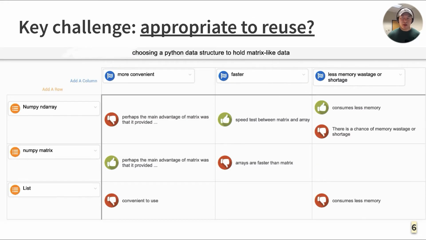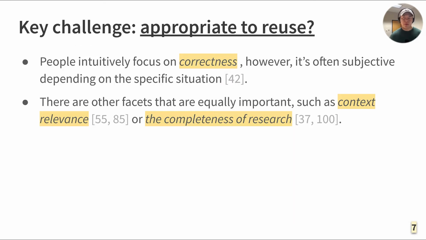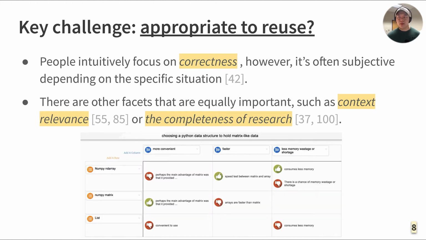However, a major challenge is that the consumers of the knowledge often do not know if it is appropriate to reuse or not, which requires examining additional facets. Prior work suggested that people instinctively care about the correctness of the knowledge, for example, by asking if the information sources were credible. In addition, there could be other facets that are involved, such as whether the goal and context of the author matches with the consumer, or did the author overlook some possible alternative options. None of which are currently straightforward by just, say, reading a Aniket comparison table.